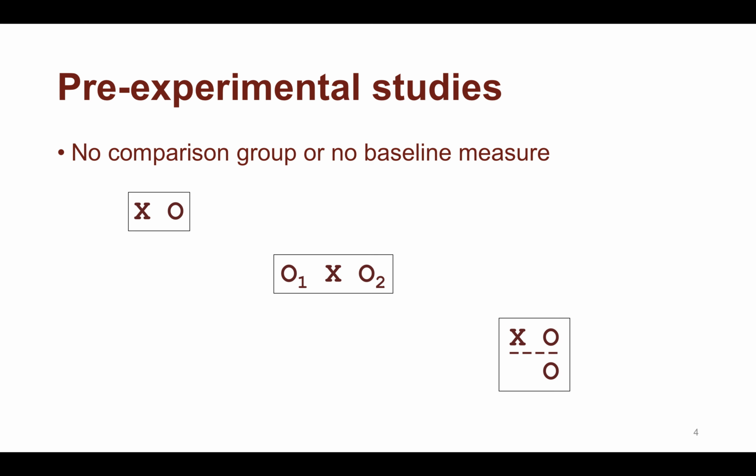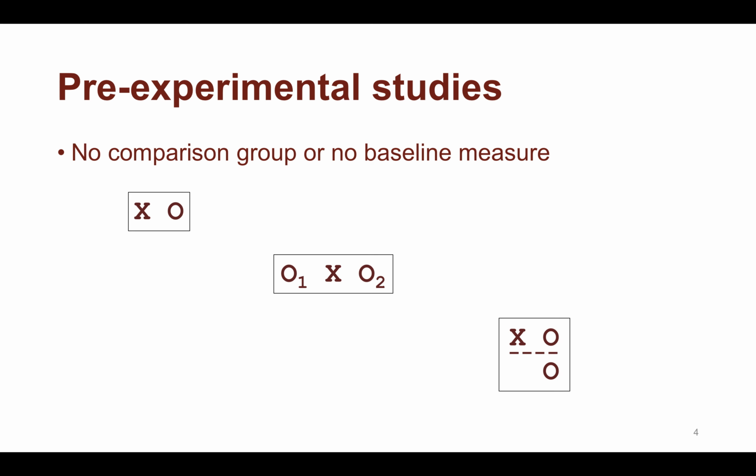So pre-experimental studies are studies that involve either no comparison group or no baseline measure. In the first box you see on the left, it's just one group, they're getting the experimental condition, and then you're observing them after that. It doesn't really provide a whole lot of information if we do this because there's no comparison group in this case. In the second design you see in the middle, it's also one group, but in this case there is